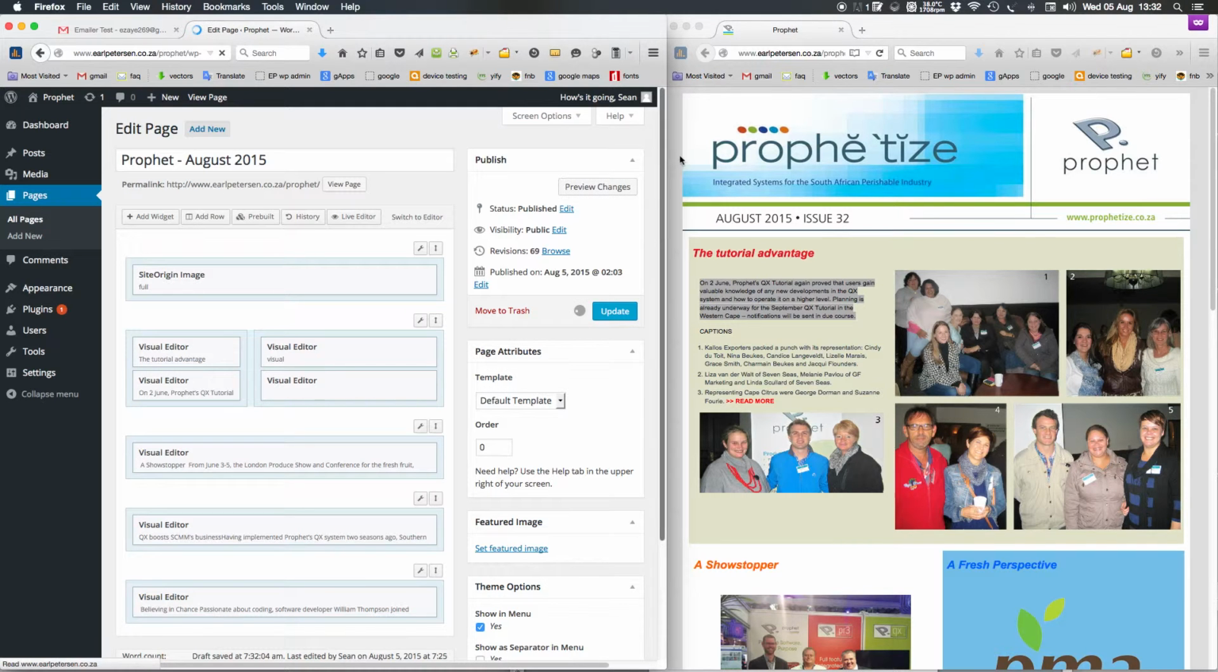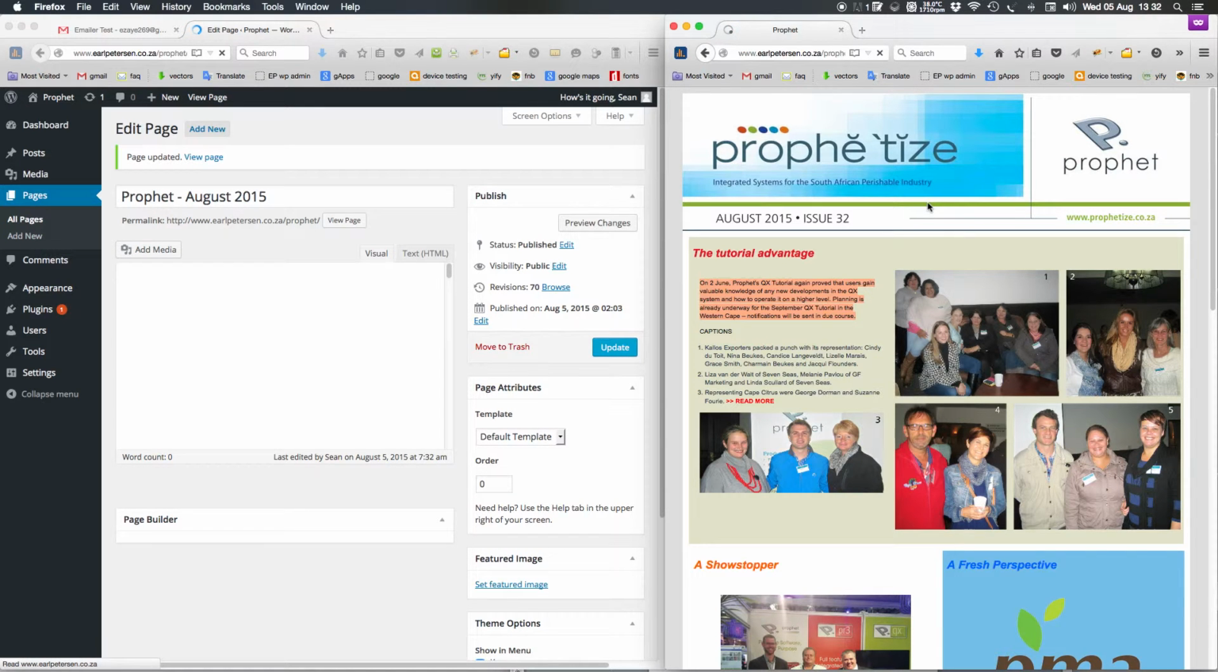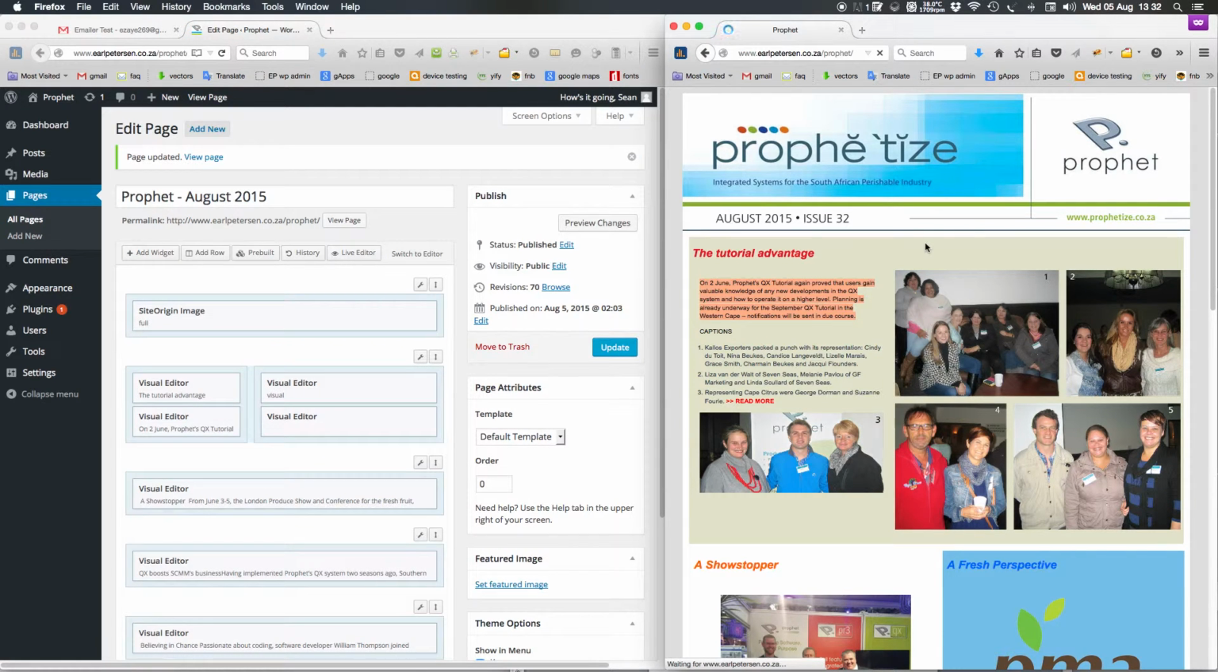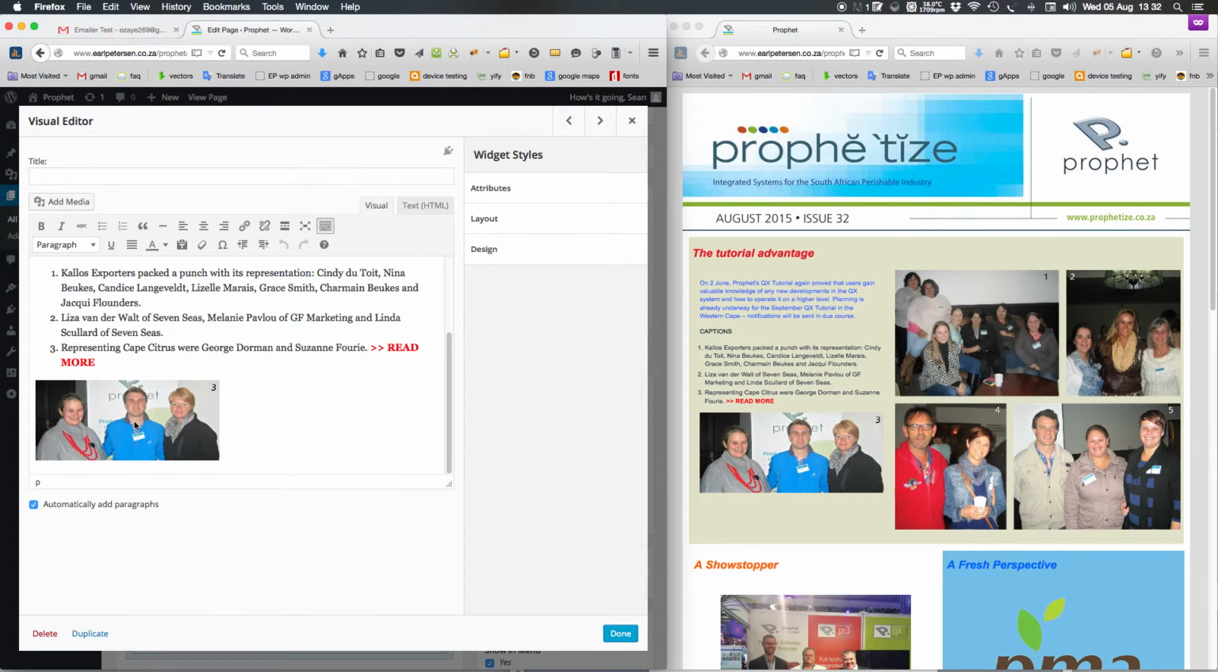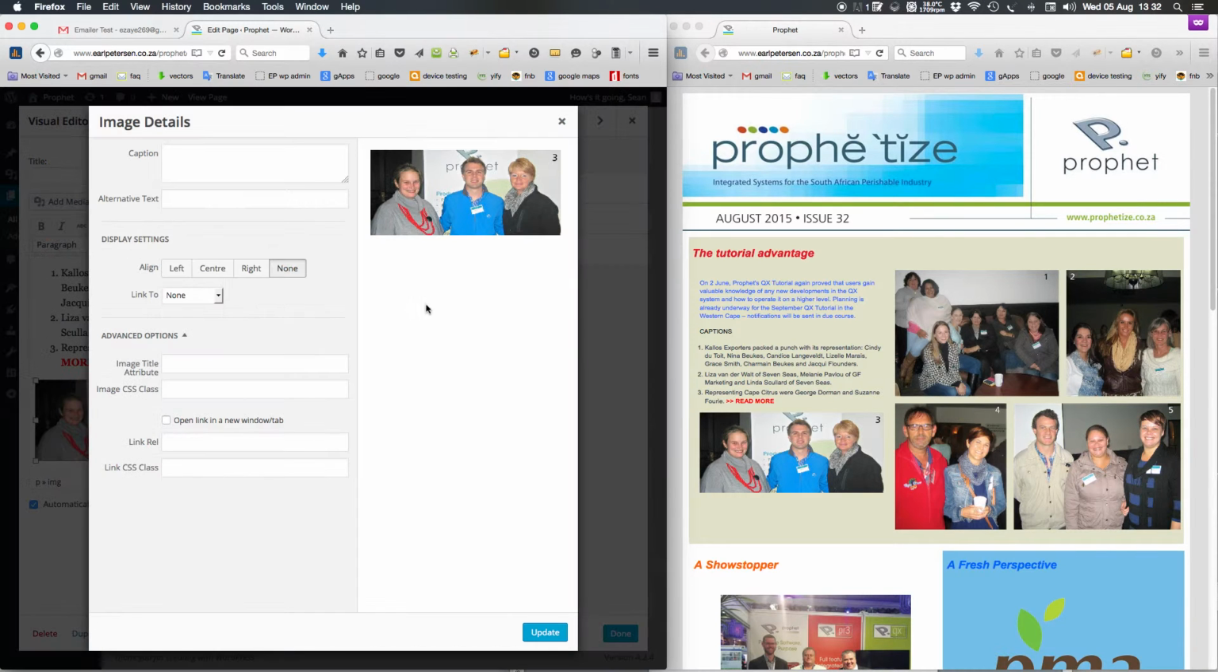All I have to do then is go back to the page that I'm viewing it on, and you'll see the changes take effect once the page is refreshed. It's as simple as that. The same goes for changing images. If I wanted to change this image,